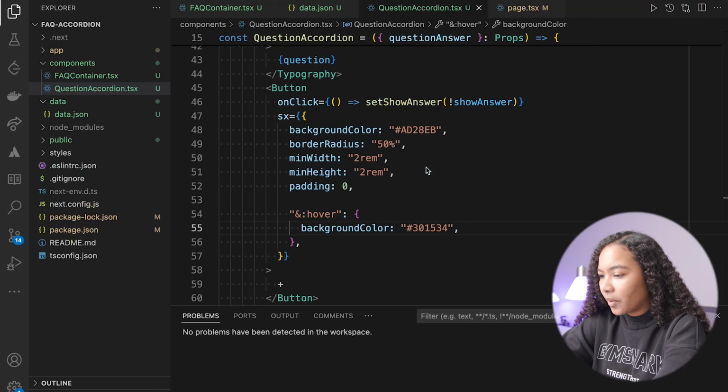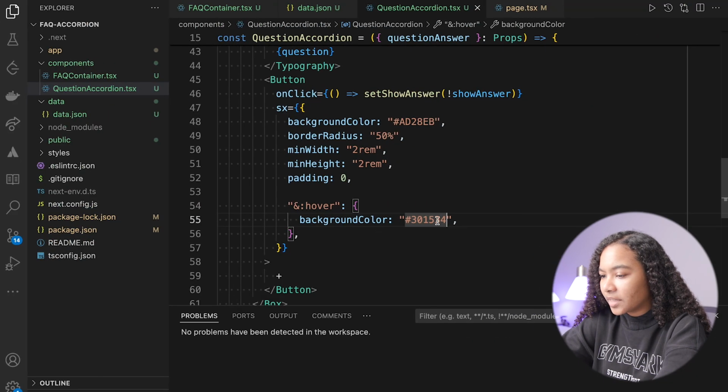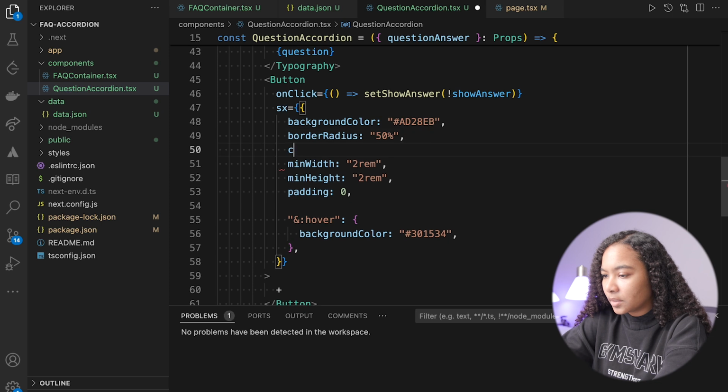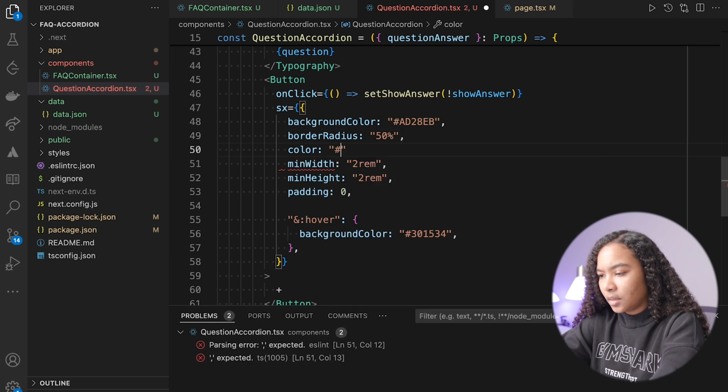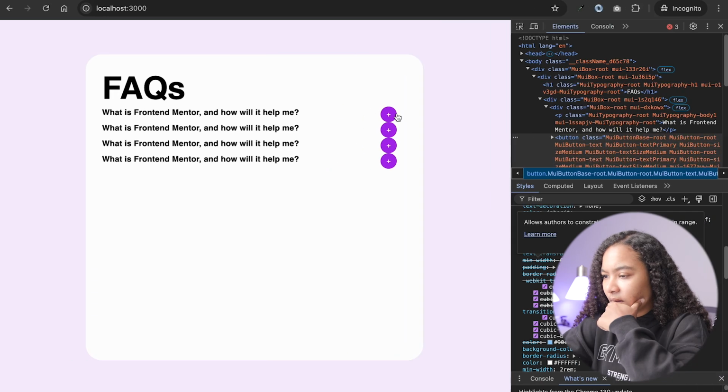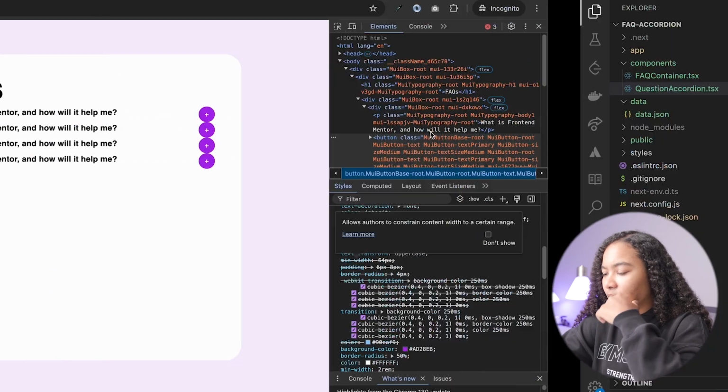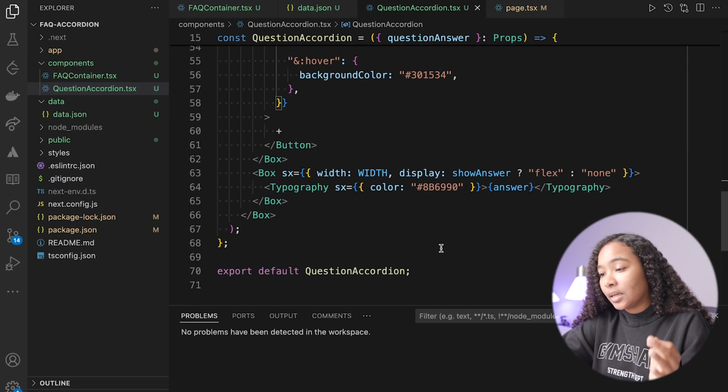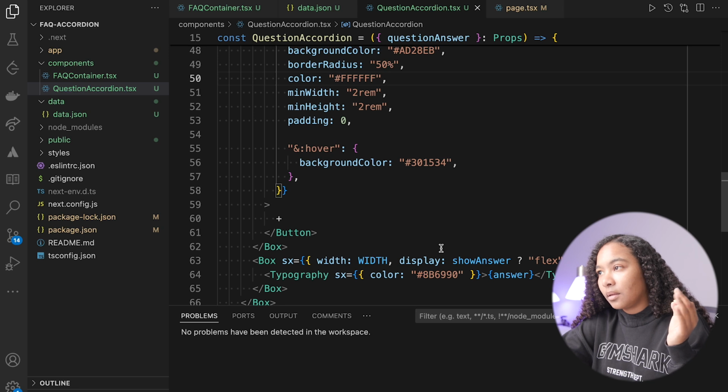Okay, cool. And then we want the actual color of the text to be white regardless. So color, cool. We'll save that. All right, awesome. Not looking too bad. So now on click, so if